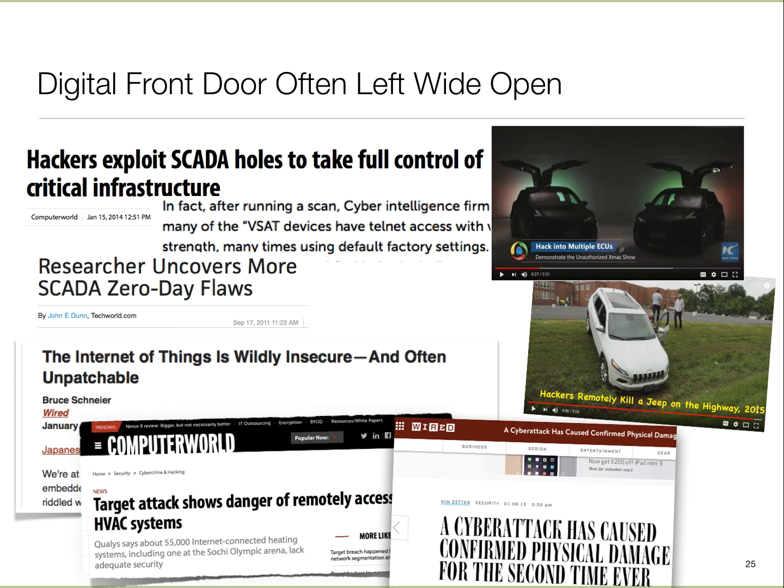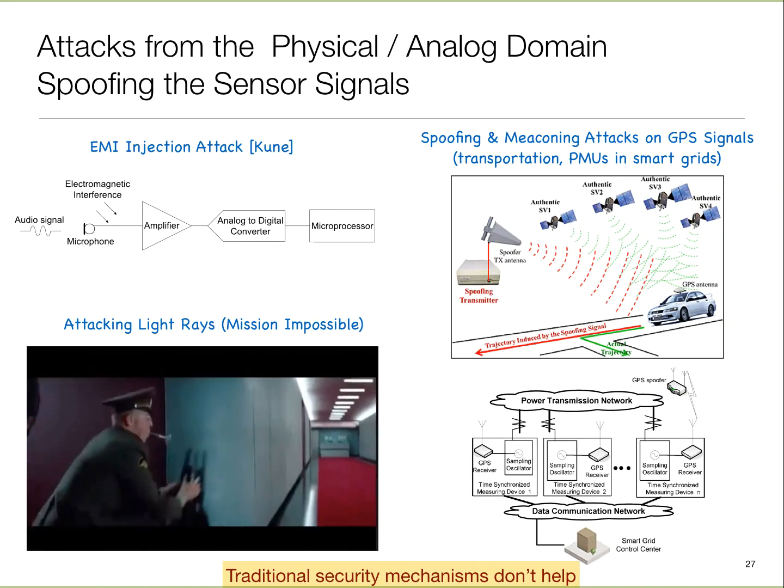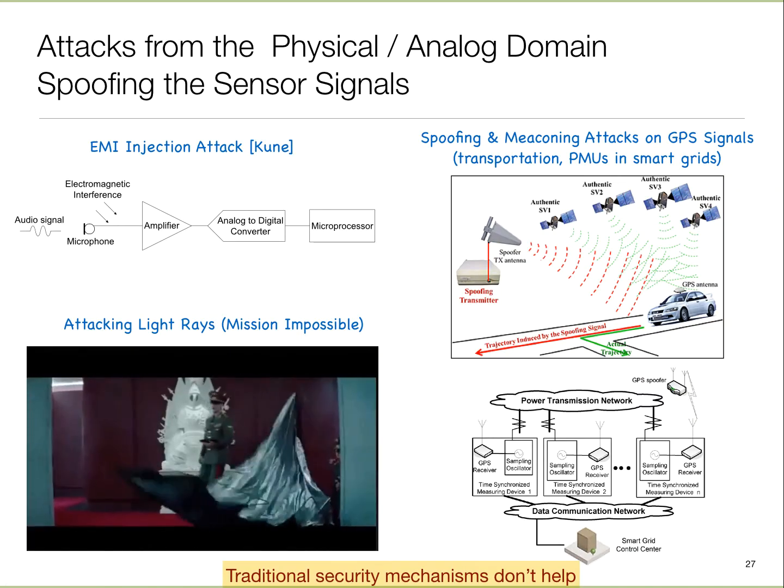Holes in this software can have lots of consequences. In that case it was damage, but in other cases it's simply taking over the system. Okay, so to give you another example,